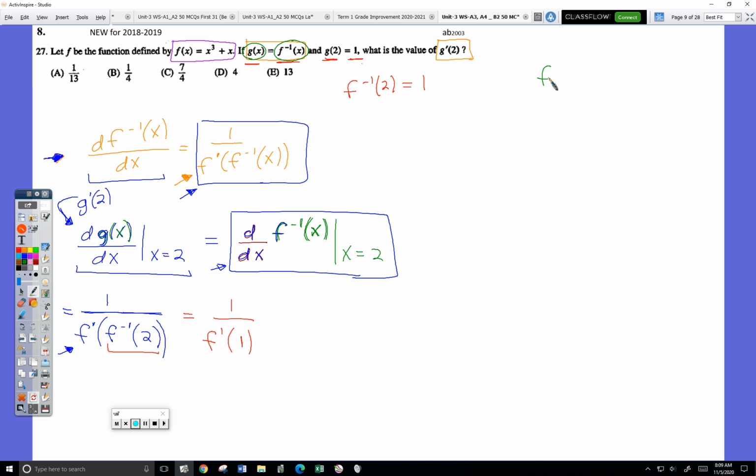Okay, we have a formula up here that says f of x equals x cubed plus x. And if I apply the derivative operator to both sides,